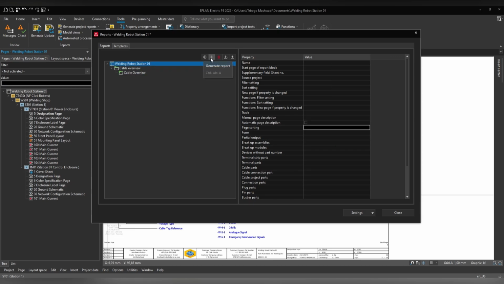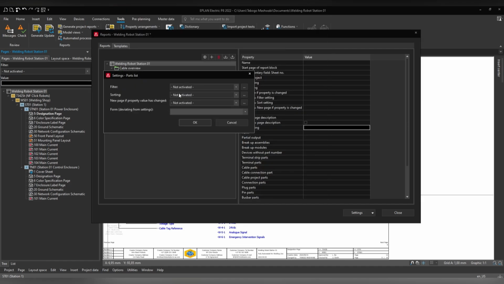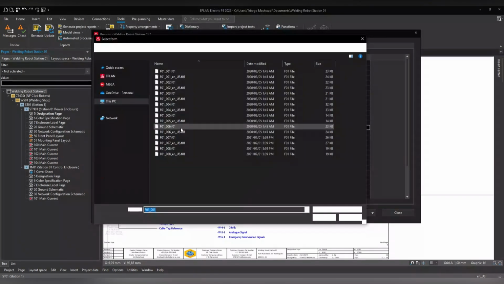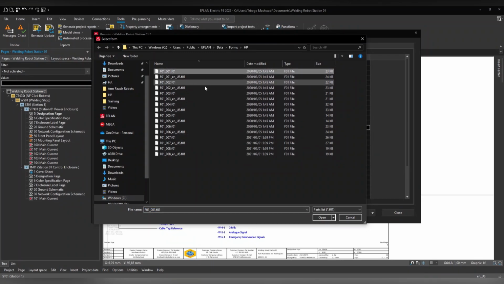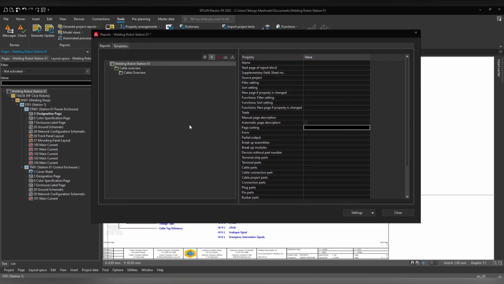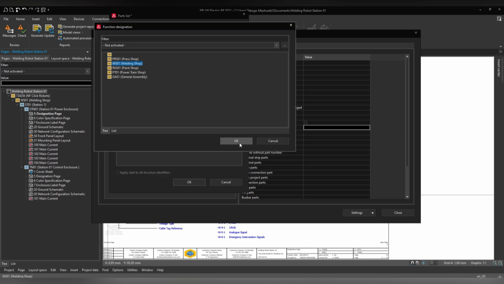Then I'm going to click here and add a new one. A new one will be parts list. With parts list, I'm going to select the form that I'm going to use, and the form I'll use for parts list will be F01_001. Hit open, click OK, select my structures right there, welding shop,